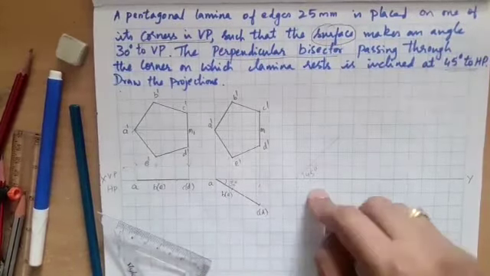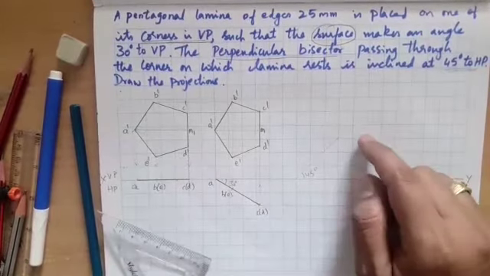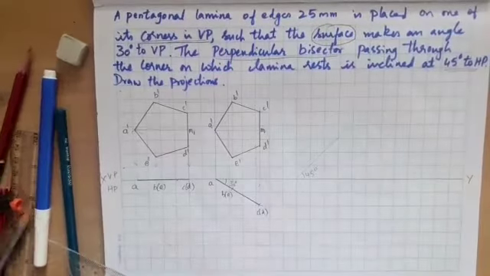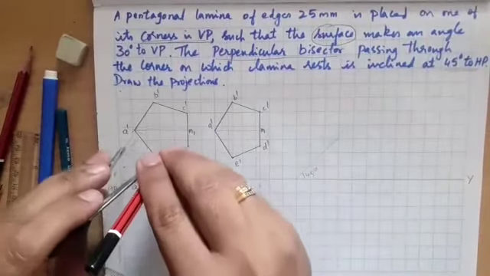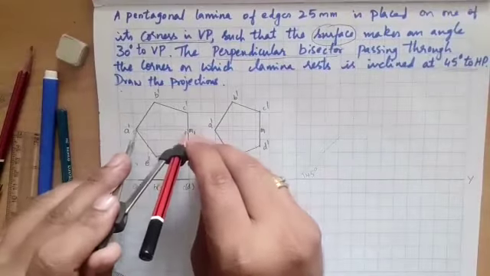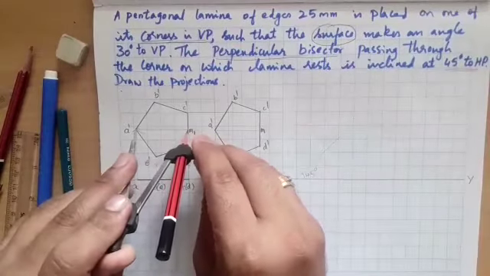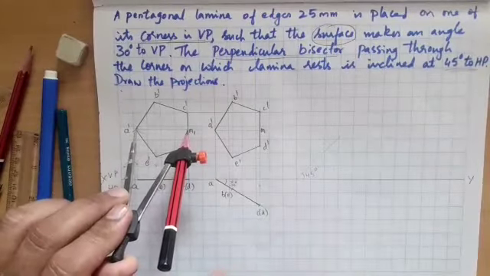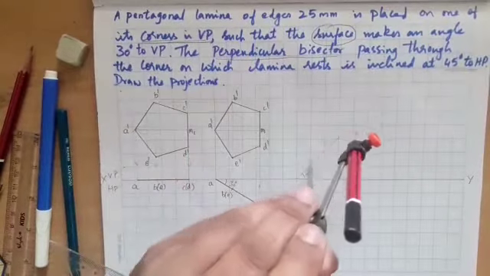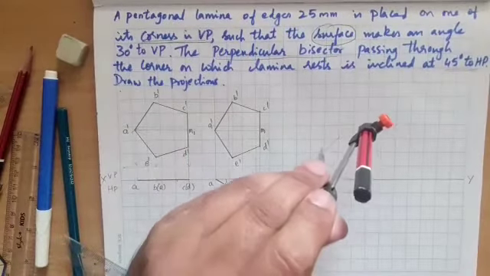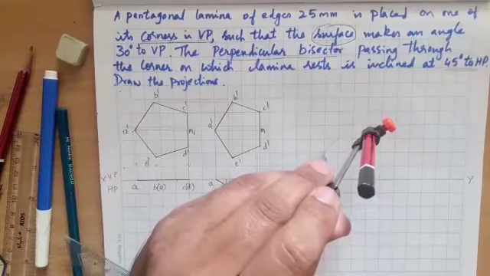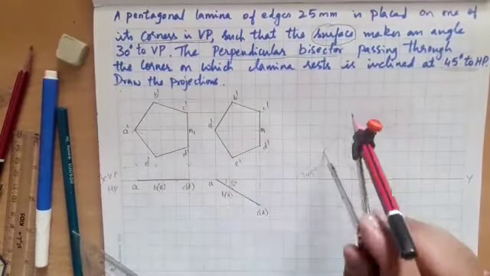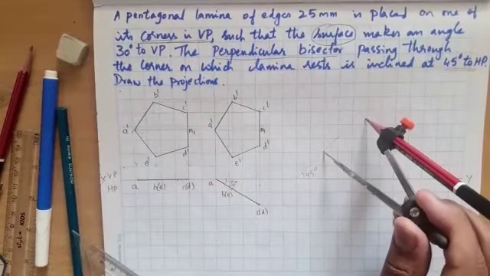As it is inclined, theta is given as 45-degree, so I have drawn a 45-degree line. Next, take the true measurement, as we are solving for the alpha angle condition. Take the true measurement AM1, the true measurement of the perpendicular bisector. I'm going to take it and mark it on this 45-degree line.